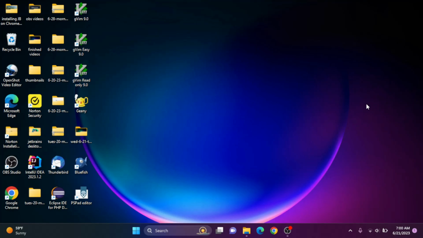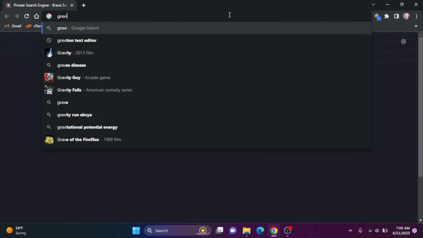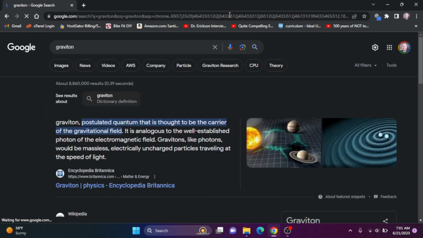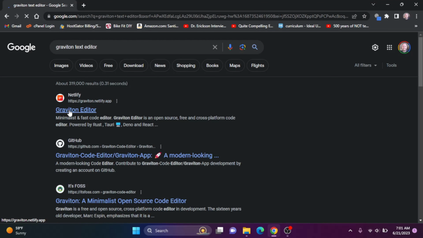In today's video, we're going to install the Graviton text editor on a Windows PC. So let's open up our browser here and let's search for Graviton. Hit enter. Okay, and we want a Graviton text editor. So let's actually search for that. Okay, and then we come up with this